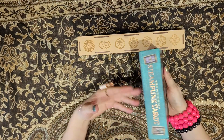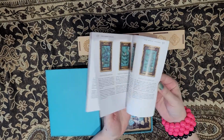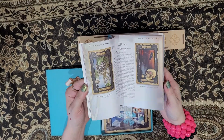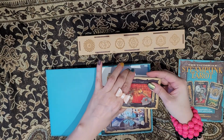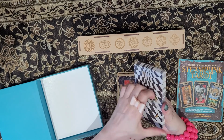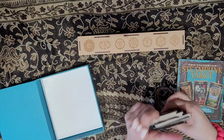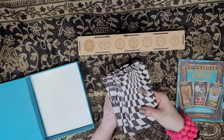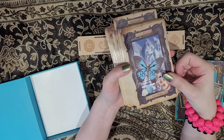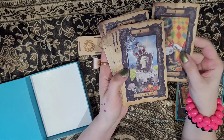So the Victorian Steampunk Tarot. So the booklet is pretty illustrated with actual depictions of the cards. It looks like the cards are fairly similar depending on the suit. Ooh, very nice. So they also feel fairly glossy. I don't know how they separated them here, but we'll mix them. Back of the deck. It's checkered backing. And the graphic, the Fool, Magician, the Empress,